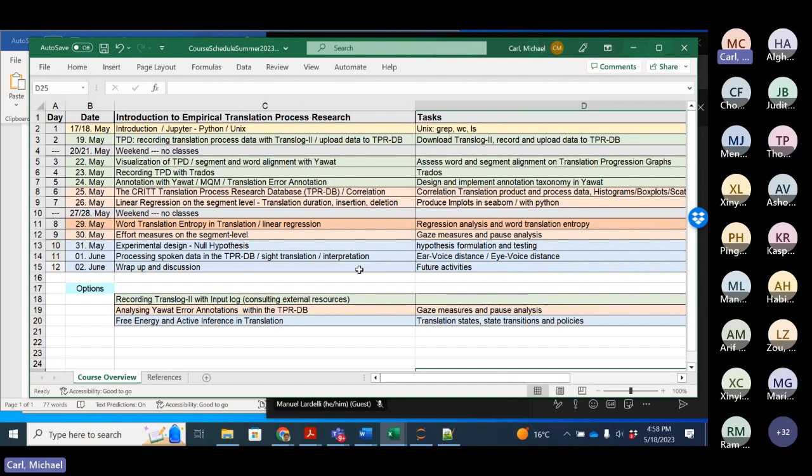And from this variation, we can compute an entropy measure, which is just an indicator of the variation, basically, of the word translation. So that's why it's called word translation entropy. It looks into the translation of a word and measures the entropy, so the variation of those translation solutions.